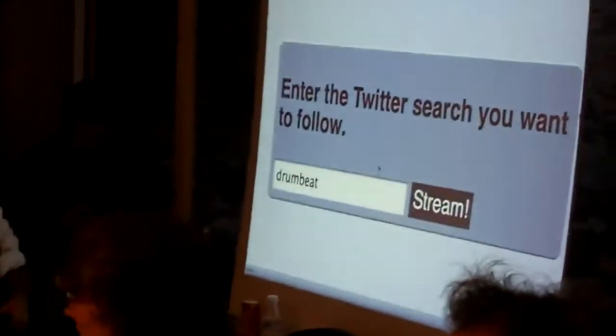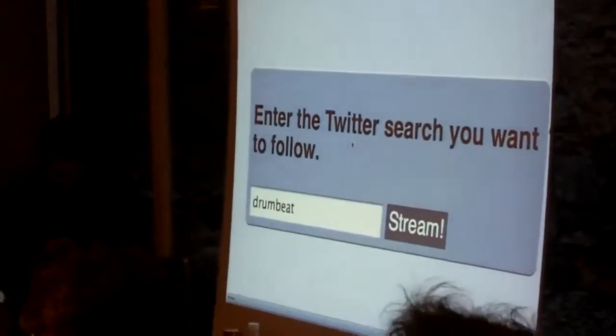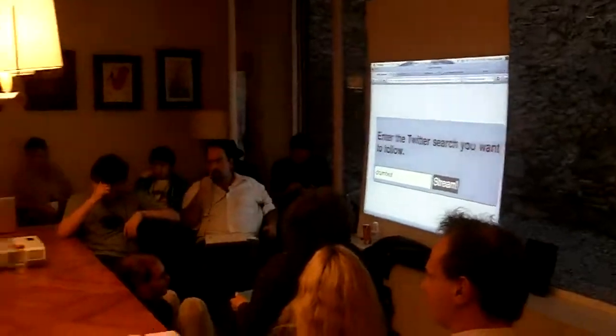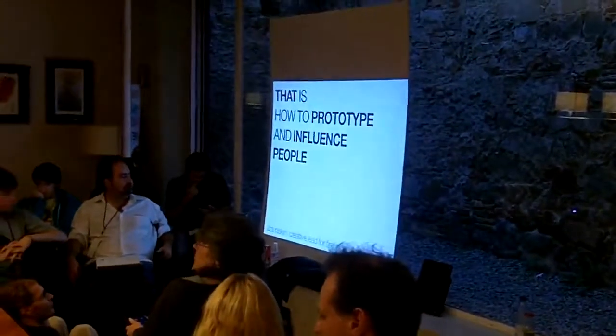So I don't know if anybody wants to play with this more, but that's sort of the power of prototyping. It goes from, I want a Twitter streamy thingy bobber that zooms around to, no, here it is, it's cool, play with it. Of course, I can't share this, I can't do a number of things, but that's okay, that's enough to get people excited. And I think that means that this is the end, because that is how to prototype.